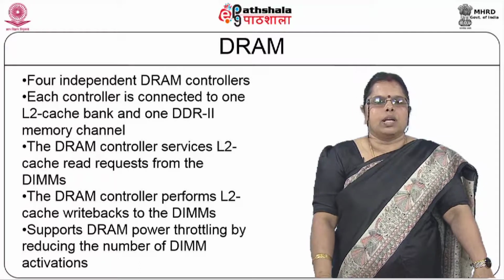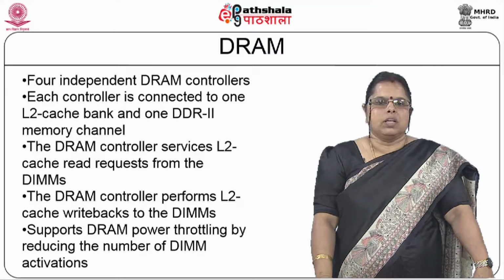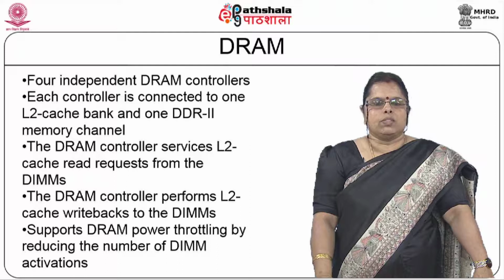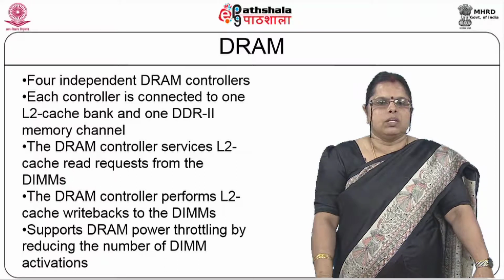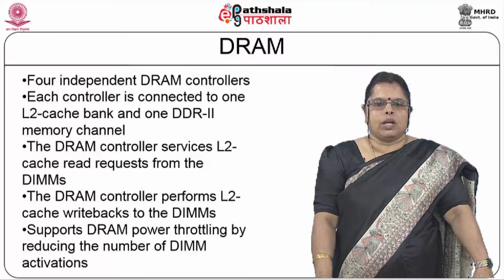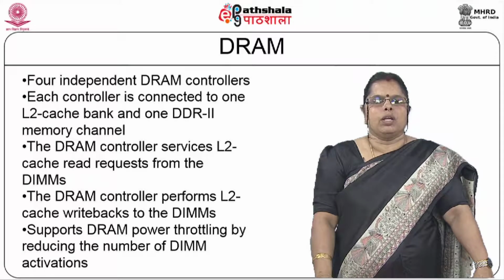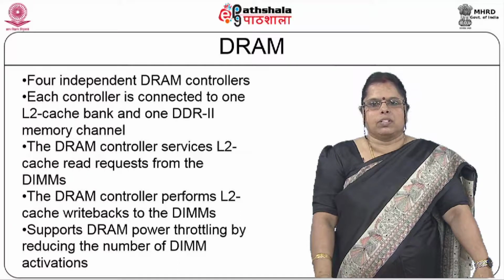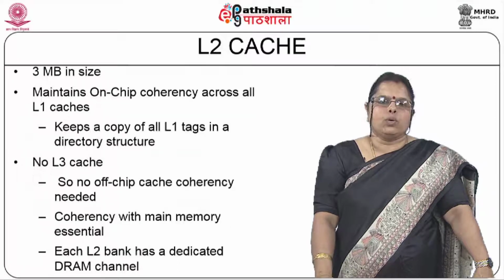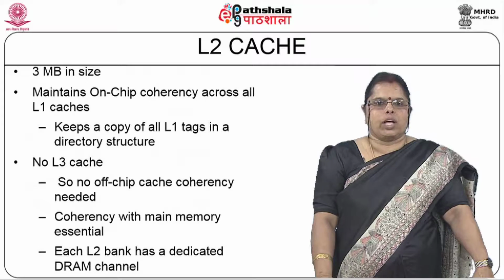Each controller is connected to one of the L2 cache banks and one DDR2 memory channel. The DRAM controller services L2 cache requests from the DIMMs. The DRAM controller performs L2 cache write-backs to the DIMMs, and it supports DRAM power throttling by reducing the number of DIMM activations. Now looking at the L2 cache, we have already mentioned that the L2 cache is 3 MB